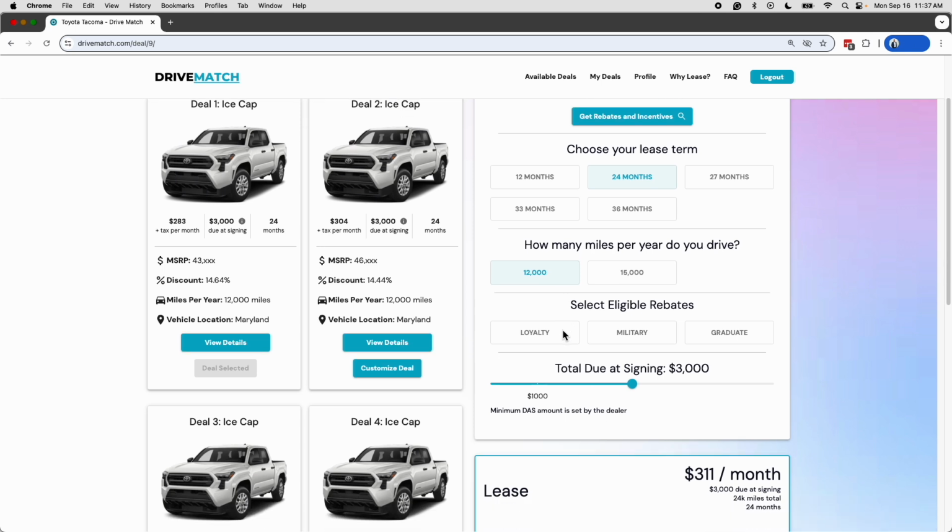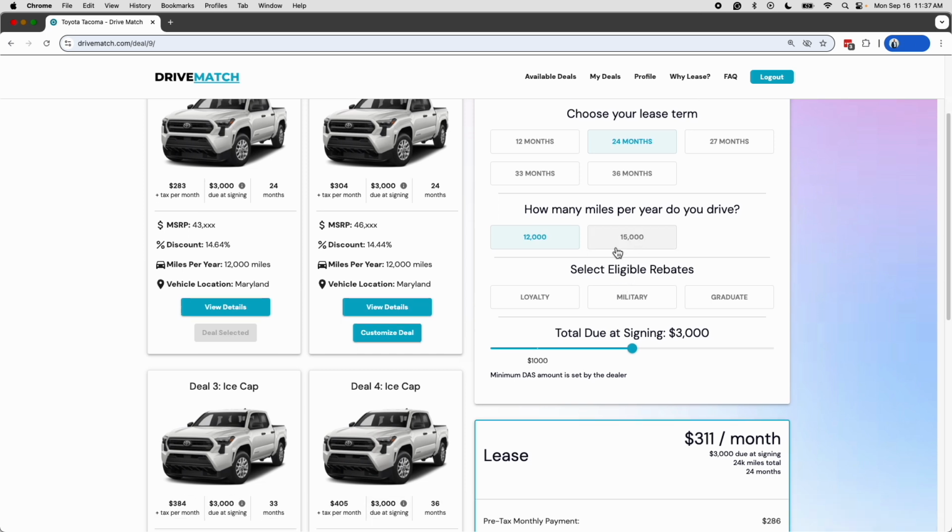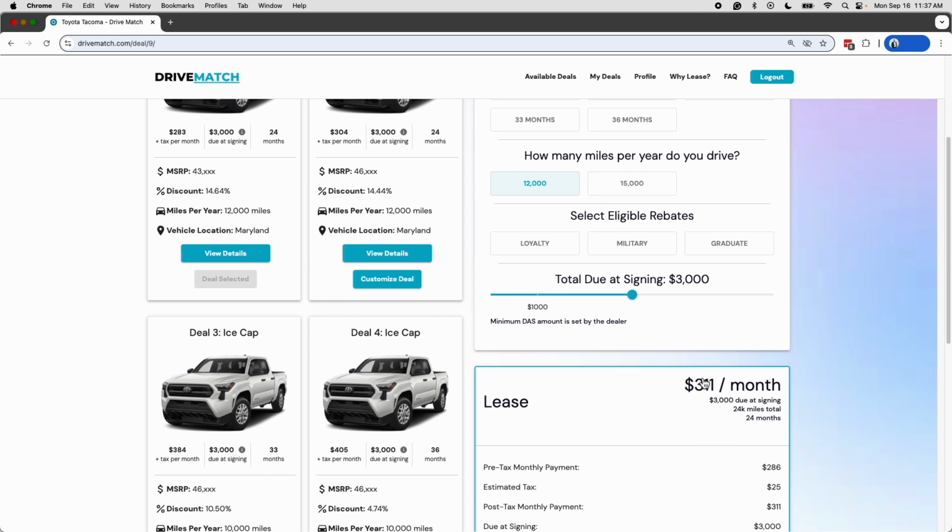So that's what we default it to. Now, if you do a 24-month lease and you think that 12,000 miles a year is not enough for you, you can make this a 15,000 mile a year lease, and you'll see that the monthly payment will automatically adjust. So if I click on 15,000 miles a year, you can see that the monthly payment went up to $349